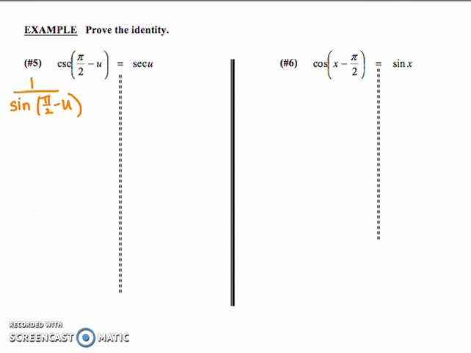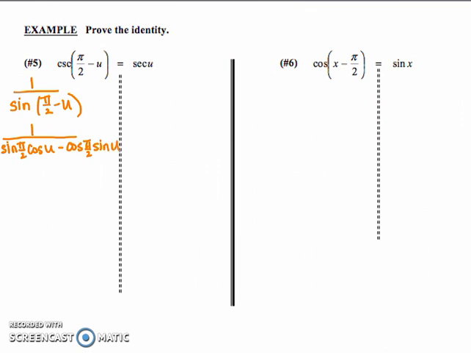Pi over 2 is my x, u is my y. So it's going to be sine x cos y minus cos x sine y. So I'm going to plug that in accordingly. So I'm going to have 1 over sine of pi over 2 cosine of u minus cosine of pi over 2